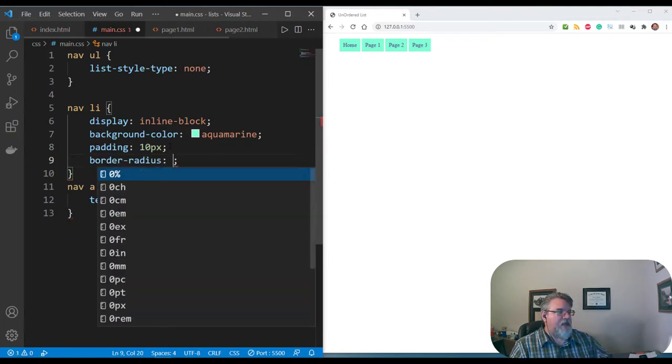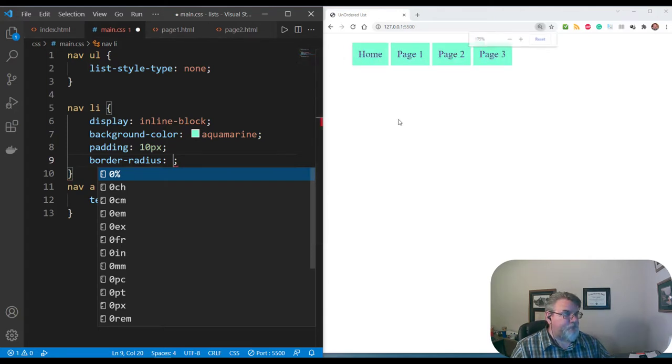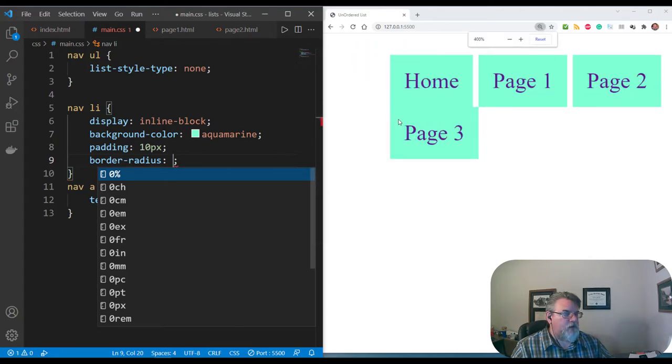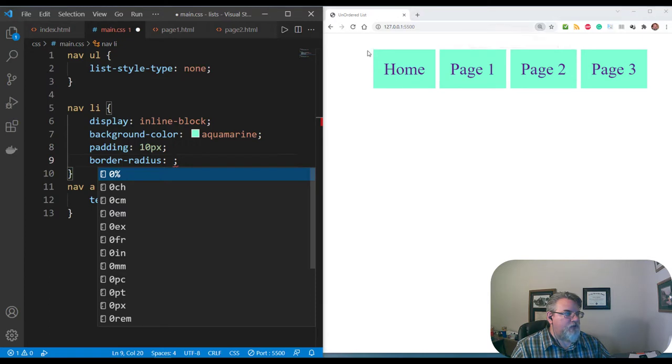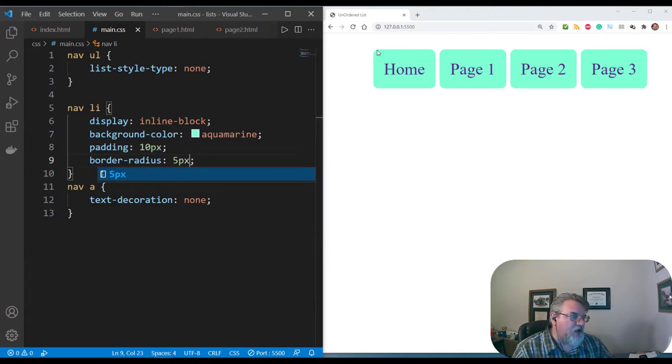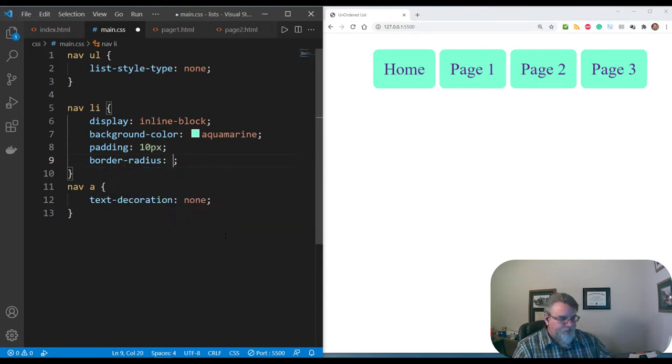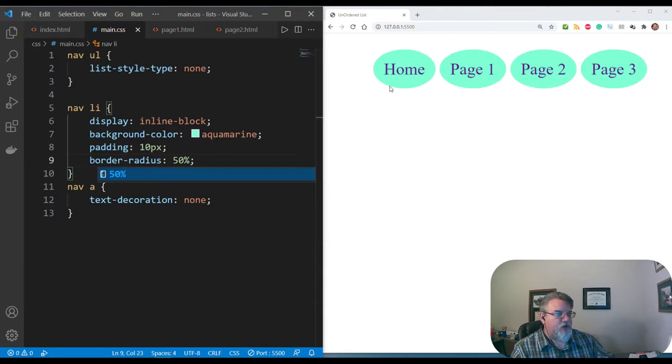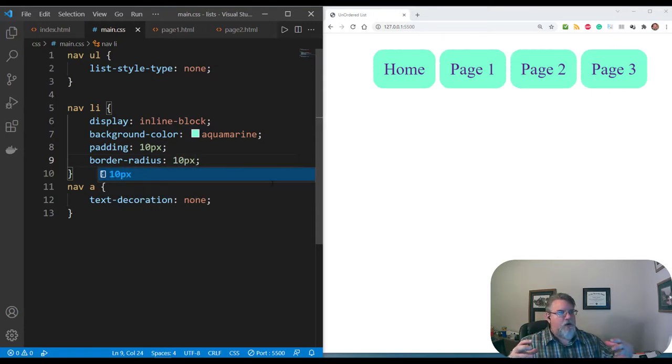Now, border radius, these things are very square. What I'm going to do is a 5 pixel border radius and just round them off a little bit. That's all border radius is. It just takes 5 pixels and rounds it off. Okay? We can do something pretty cool, like 50%, and then make them like little circles. That's kind of neat too. I like about 10 pixels. That gives them a nice round